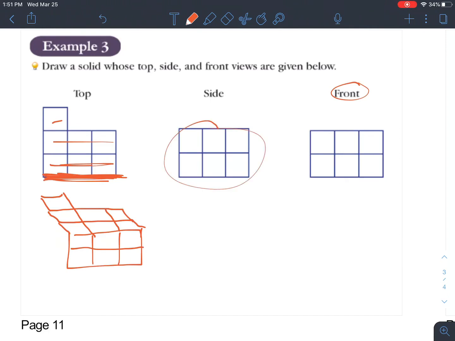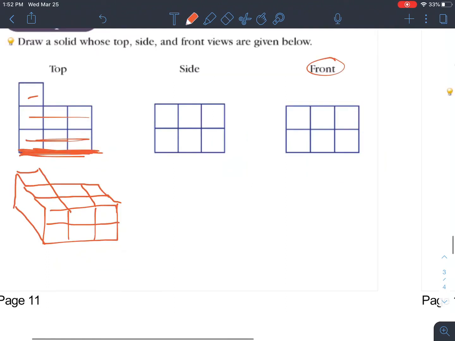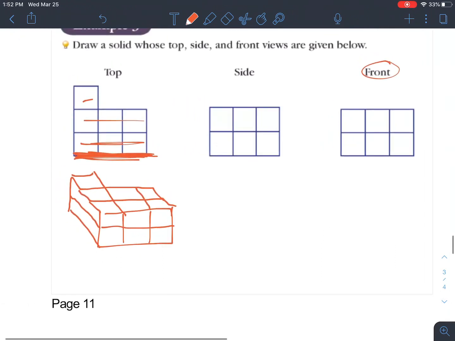The last part is the side, and that is going to be 3 wide and 2 tall. So I'm going to take care of the 2 tall there, and then I'm going to draw this back like that. I'm going to fix it a little bit. And if I draw this across, there we go. And then if I drop down 1 there and 1 there,